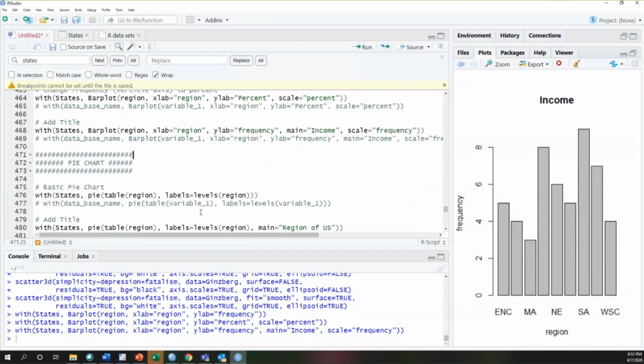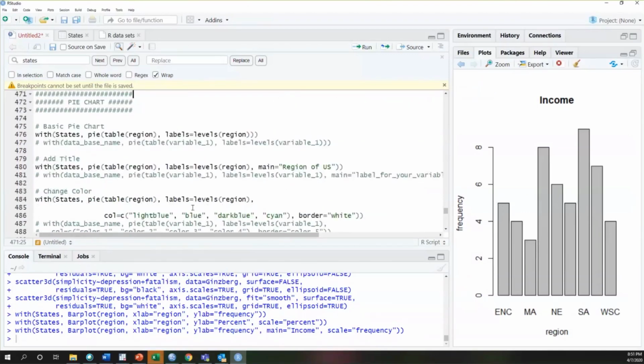And then the last thing that we're going to do is a pie chart. So pie charts are going to be used with nominal variables, or ideally never, because I don't like them, but here we go. We're going to say, with the database states, make a pie chart and table it in R. Table means break it down by. So make a pie chart, break it down by the variable region, and then label the levels, which are the different